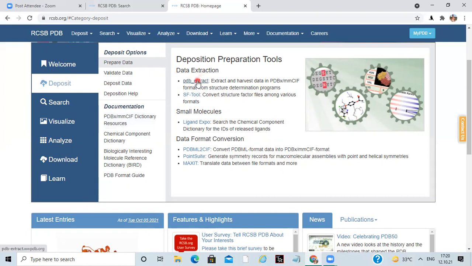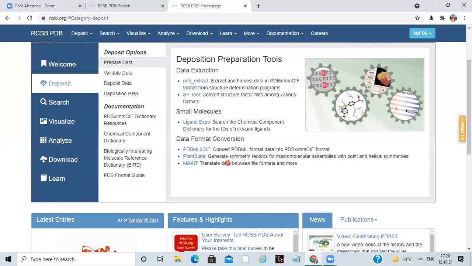There are a variety of tools cited here, like PDB Extract to extract and harvest data in PDB, and SF Tool to convert structure factor files into different formats. We have Ligand Expo, which contains IDs of chemical compounds. We also have PDB-ML to CIF, which converts the .pdb files, which are structure files.